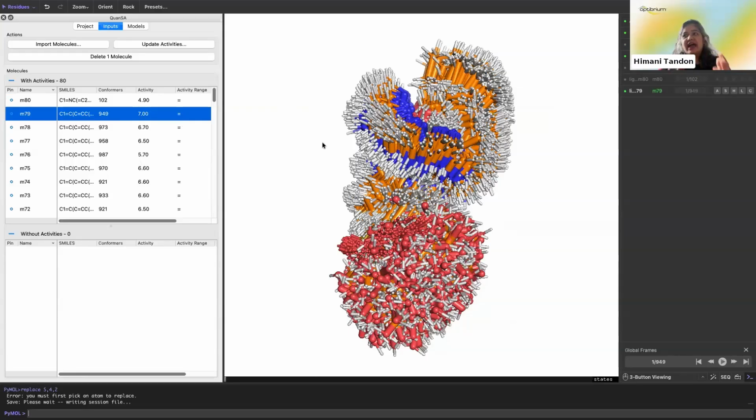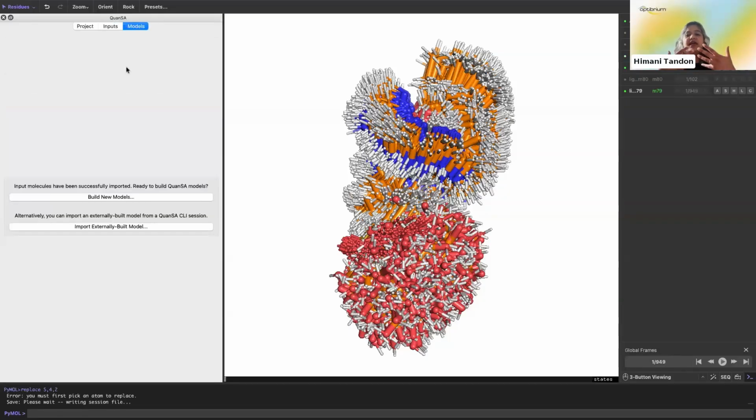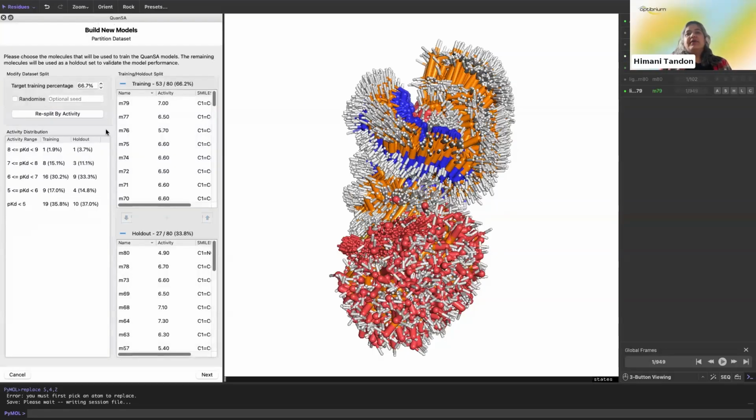So once we have prepared this conformational ensemble, we are now ready to go to the next step of model building. And the model building starts as, if you remember just now, Kyle talked about the flowchart, that it starts with the input structures along with the activity data. And the first step in model building is to generate those multiple structural alignments. And these alignments form an important part of the model induction process. And we would like to ensure that these alignments are visibly correct. So we can click on build new models.